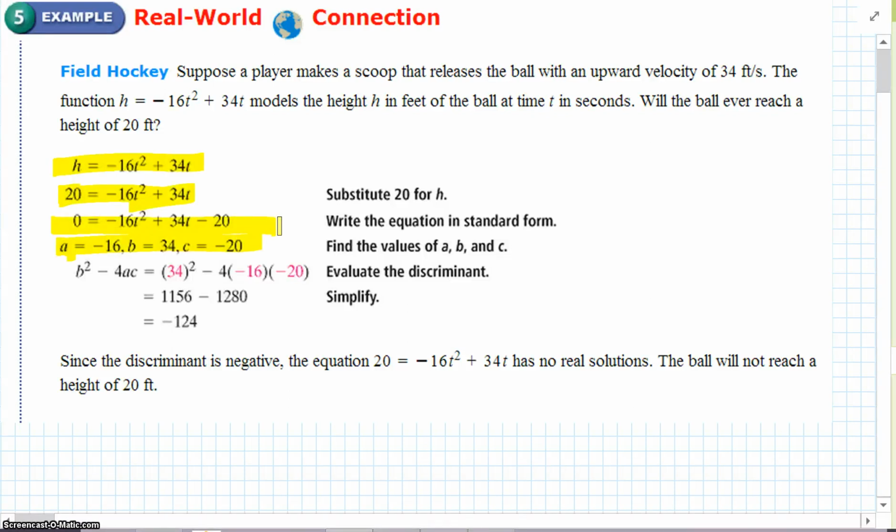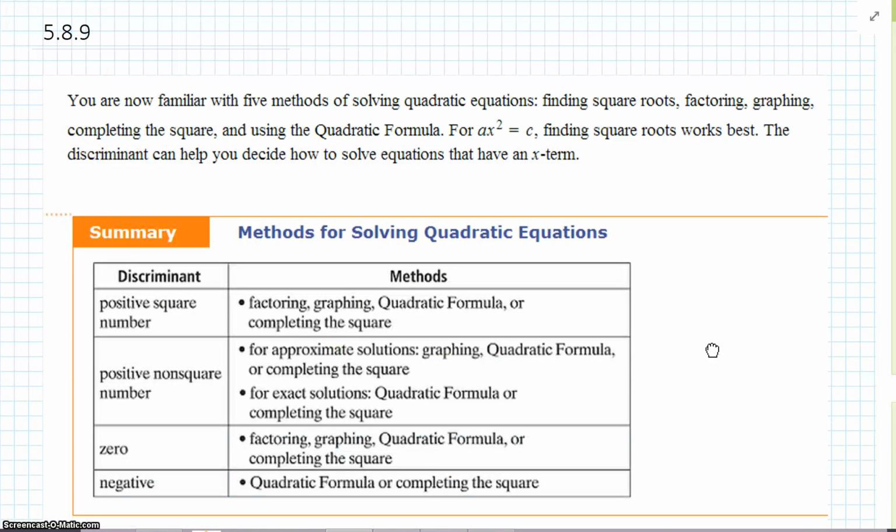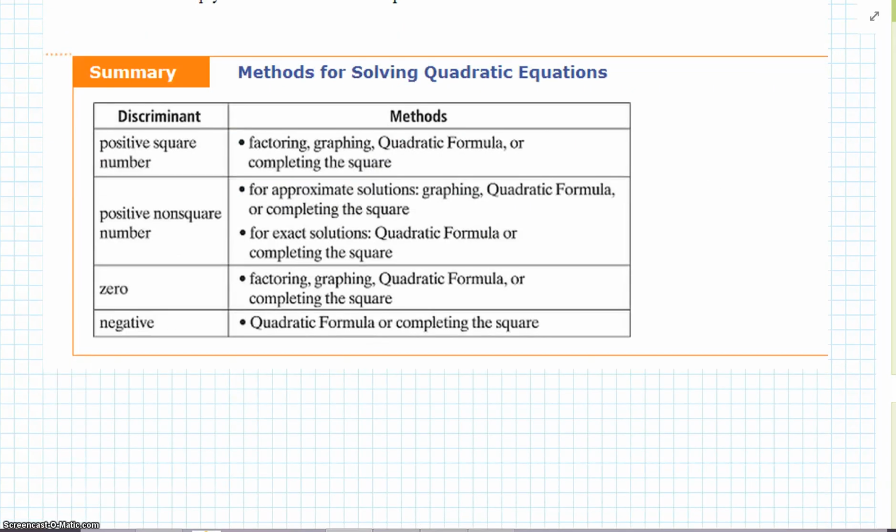All we got to do is find the discriminant. If the discriminant is positive, we're good. We know it exists. If the discriminant's negative, we know it doesn't. It's negative, so that means it's not going to reach the height. Okay? And again, we'll look at this real quick. You're going to want to pause it here because we're going to run out. Read this out loud. Positive square number, positive